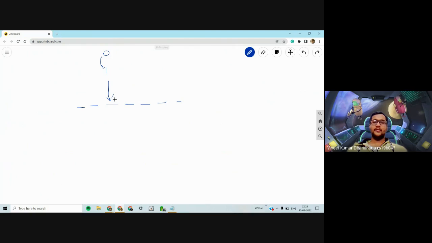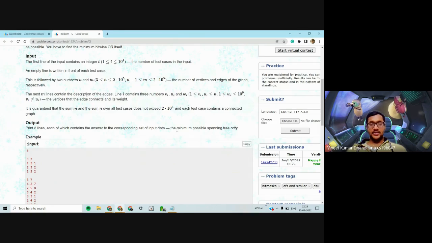That's why in almost all such problems we start from the maximum bit. Here we need to find the minimum possible spanning tree.